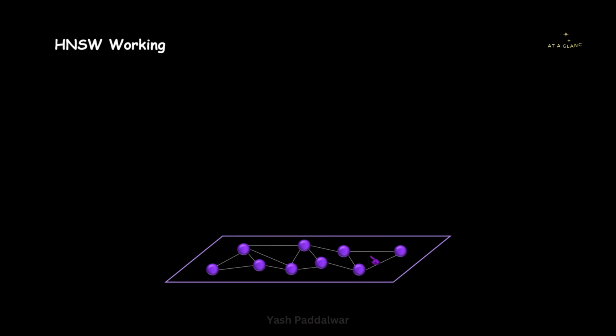Each document is represented in the form of a node, and the connections between those nodes represent the similarity between the documents. You can see it can be represented as this. These are the documents and these are the connections, that is nothing but the similarity between these two documents. Now here you can see that this graph is created from the concept of navigable small world.